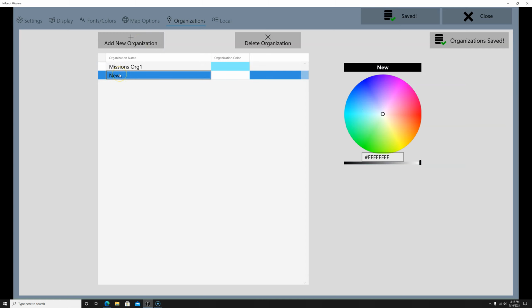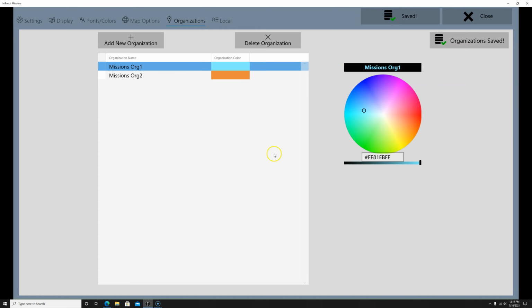Double click here. Delete that. Missions Org 2, whatever those organizations are. So then this one will do the color. We'll go over here and do like the opposite. Kind of darken that a little bit. Confirm changes. So when we go to adding missionaries, one of the drop downs is going to be which organization